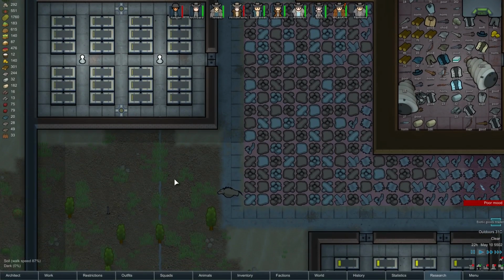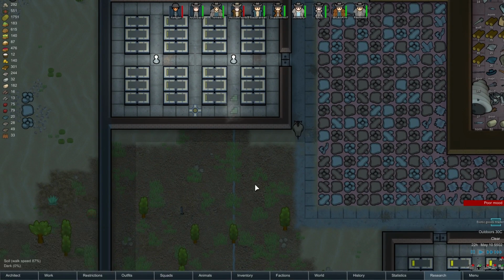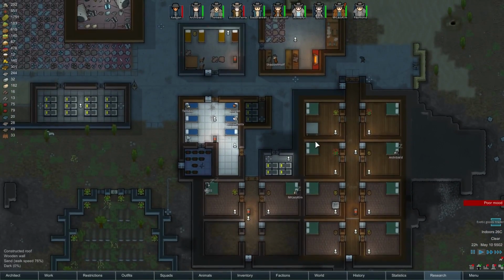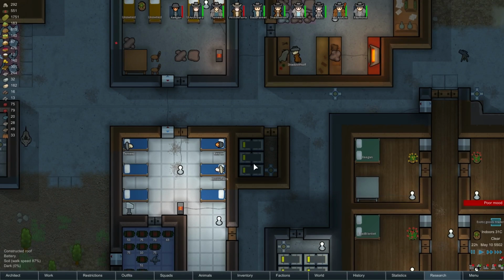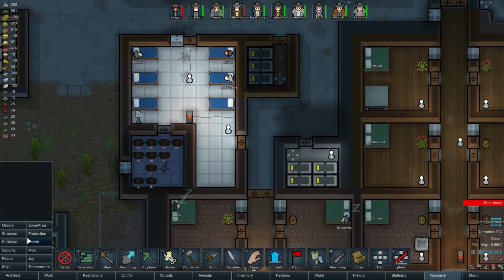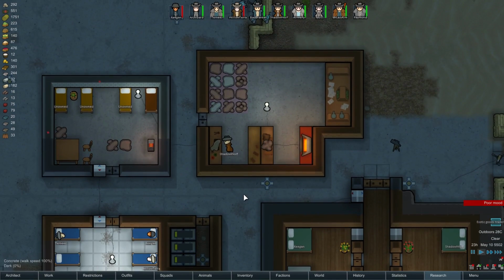Fantastic, I tell you. Right, we want to remove this power conduit and this power conduit as well. We've got plenty of storage now across the whole base. I'm very, very pleased with this. We should probably set up something in here, though. Possibly another battery, I'm thinking. How many bricks have we got? We've got a couple. Structure, sandstone. Gonna need one more than we've got, but...